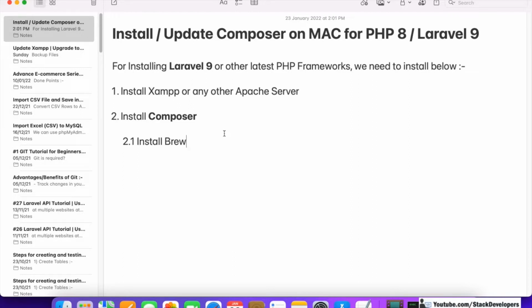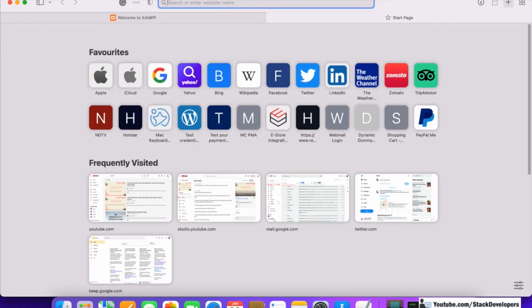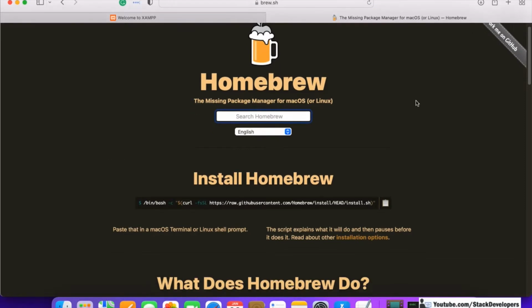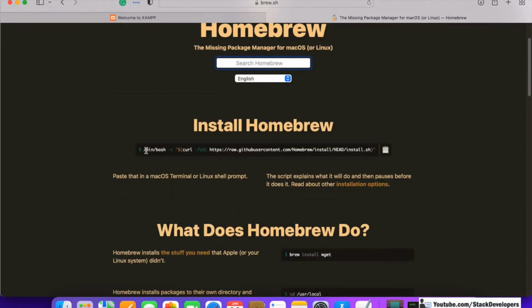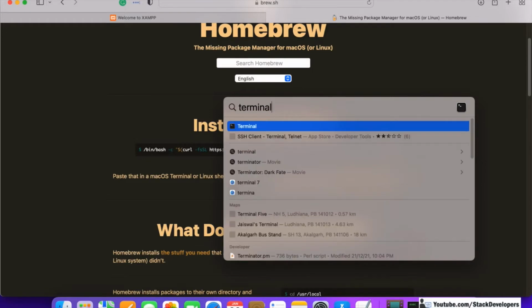Okay, so we will open one website here, brew.sh, and in this website you can see for installing brew, we can also say Homebrew. Okay, Homebrew and brew are one and the same thing. See, we can copy this command and we can run this command in Mac terminal. You know there is terminal available in Mac. So here in terminal we will run this command. I will open the terminal